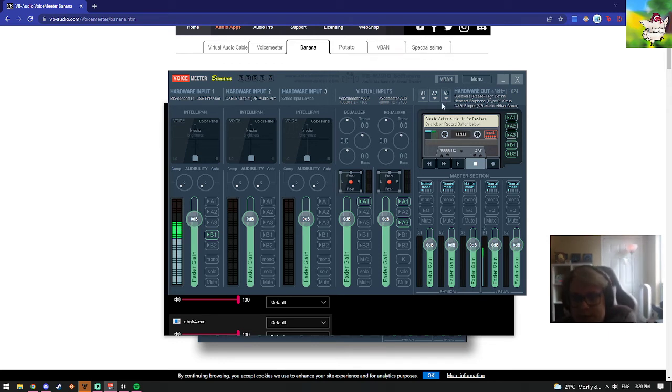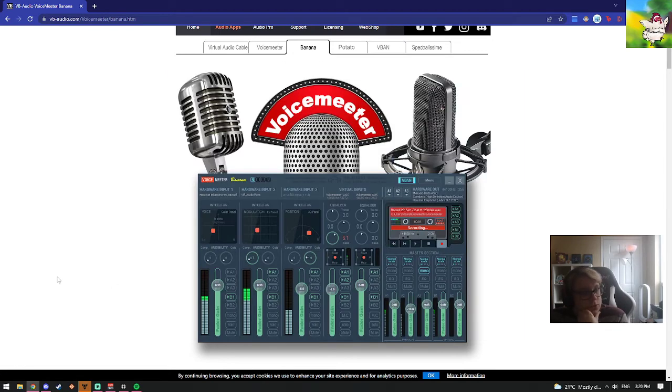So once you have those set up though, I can now turn on my speakers by doing this, turn off my speakers by doing this and put them back through to my headphones. And then if I don't want them going through my headphones, I'm able to do this and go back to my speakers. But the important thing is I have the Voicemeeter aux only being sent to my A3. That way, if I go back into